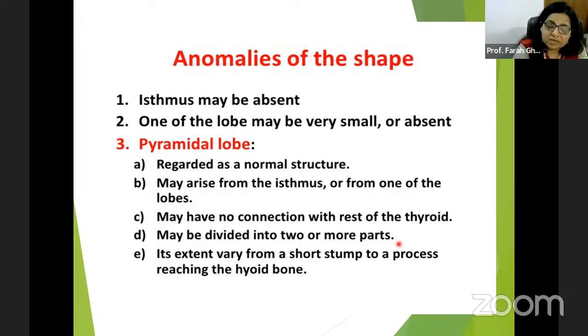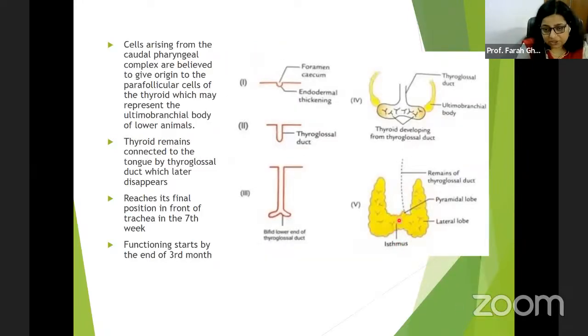Anomalies जो है वो क्लासिफाई करी गई हैं शेप के अकॉर्डिंग, पोजीशन के अकॉर्डिंग, और फिर थायरोग्लॉसल डक्ट की एनोमलीज अलग है। तो शेप में क्या होता है, इस्थमस जो है वो एब्सेंट भी हो सकता है। इस्थमस मतलब जो हमने अभी ये देखा था, कनेक्शन बिटवीन द टू लोब्स, दो लोब जिनसे कनेक्टेड होते हैं, दैट इज इस्थमस। तो इस्थमस एब्सेंट भी हो सकता है, ठीक है। पूरा एक लोब भी एब्सेंट हो सकता है दोनों साइड का, मतलब या तो यूनिलेटरल एब्सेंस है या फिर बायलेटरल, बहुत रेयर होता है, बट समटाइम्स इफ इट इज प्रेजेंट देन इट